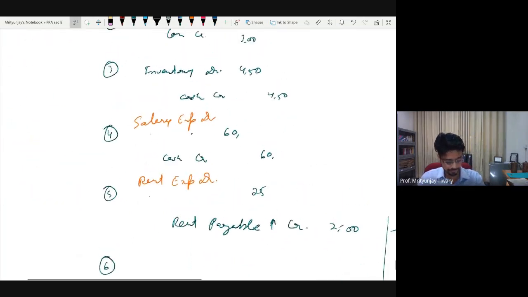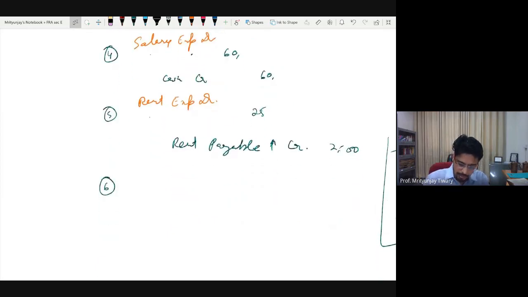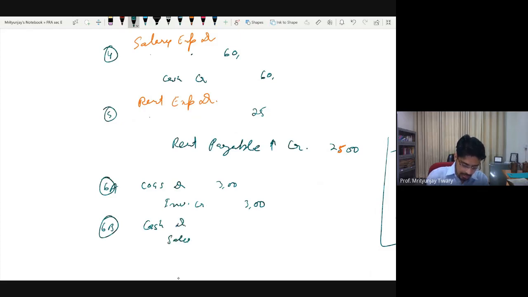So number 6 and number 7, I'll just quickly write them down for your convenience. Number 6, we would have assumed a sale figure. So 6A will be COGS debit and inventory credit. I will change the numbers a little bit. Let's say 3 crore worth of things have been sold for 4.5 crore rupees cash. So the next leg should be cash debit and sales credit for 4 crore 50 lakhs and 4 crore 50 lakhs.